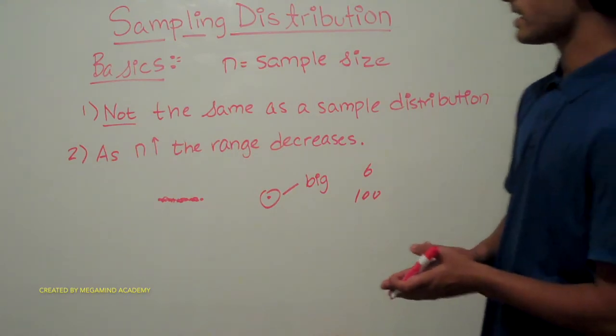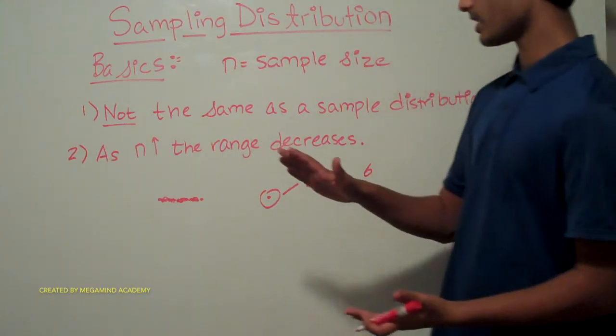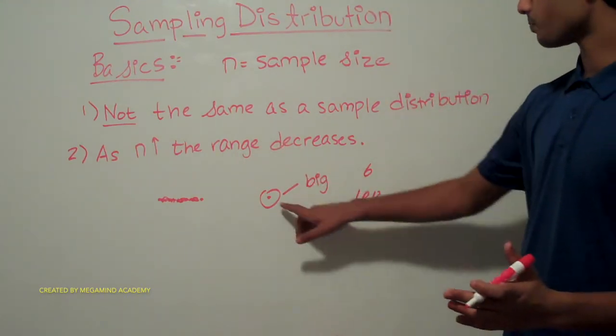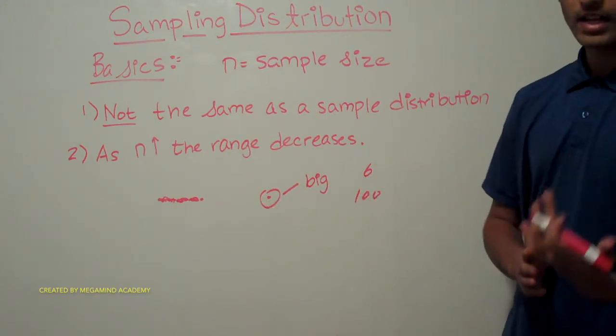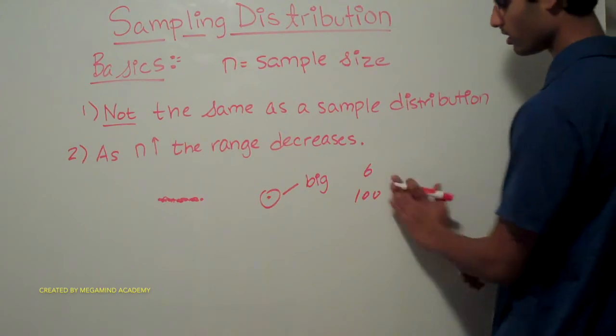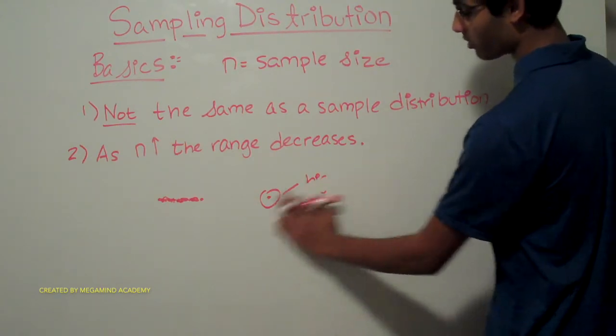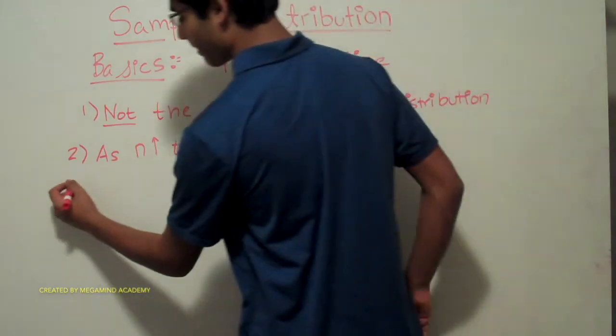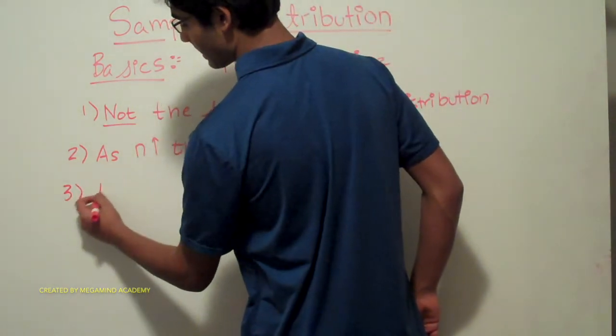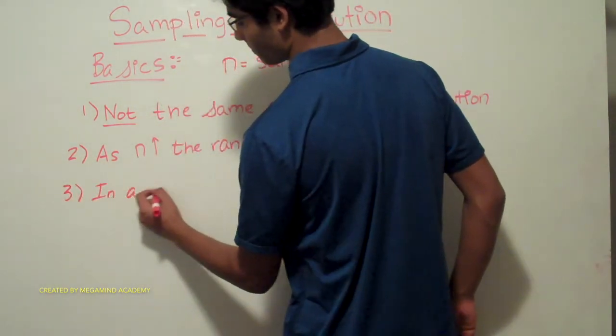So that means that as n, or the sample size, increases, the impacts of the outliers are going to decrease. So the range of these averages is also going to decrease as these averages get closer and closer together. The third thing is that in a sample distribution,